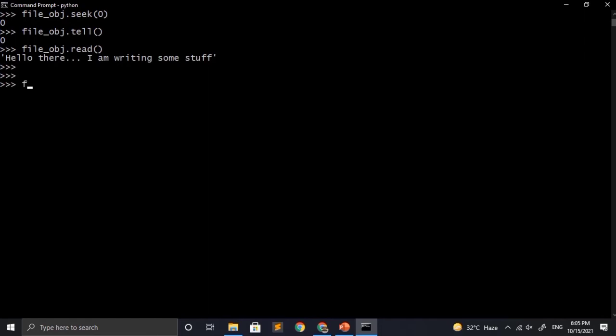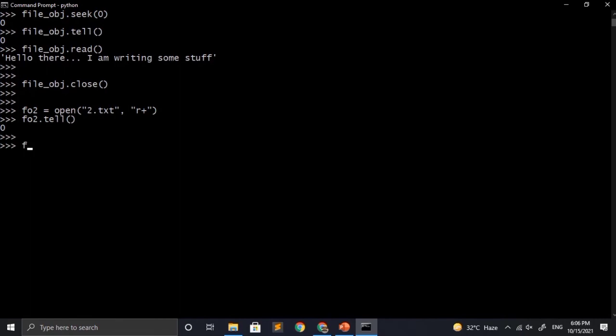So now we are done with this file, so let's close it using the close method. Now again I will be opening another file, but this time in r+ mode, which means to read and write at the same time. In this mode we can perform both read and write functions, so because of that we don't have to close the file and change the mode again and again. We have opened the file in the r+ mode, and if I call the tell method on it, it will show that the cursor is at the beginning of the file.